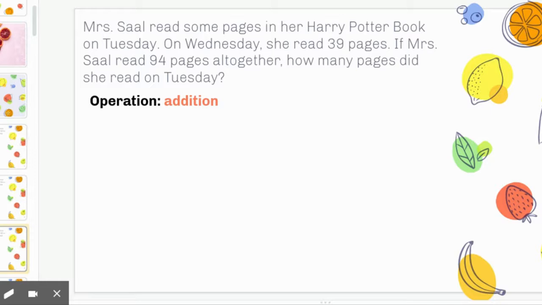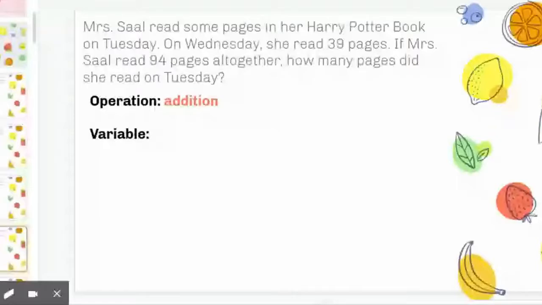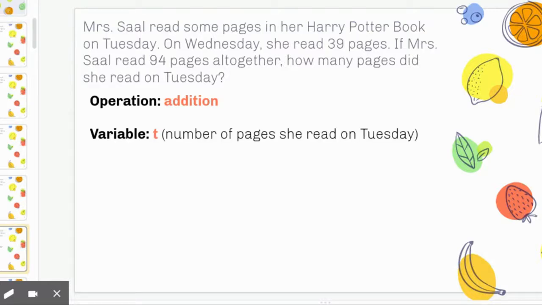And we're using addition because on Tuesday, Mrs. Saul read some pages, and then on Wednesday, she read some more, which was 39, then that means she read a total of 94. So we took Tuesday's pages, we added some pages of 39, and now we have 94. So the next thing we need to decide is the variable. The variable is going to be whatever number you don't know from this problem. And in this case, I don't know the number of pages she read on Tuesday. So in that case, the variable is going to be t,